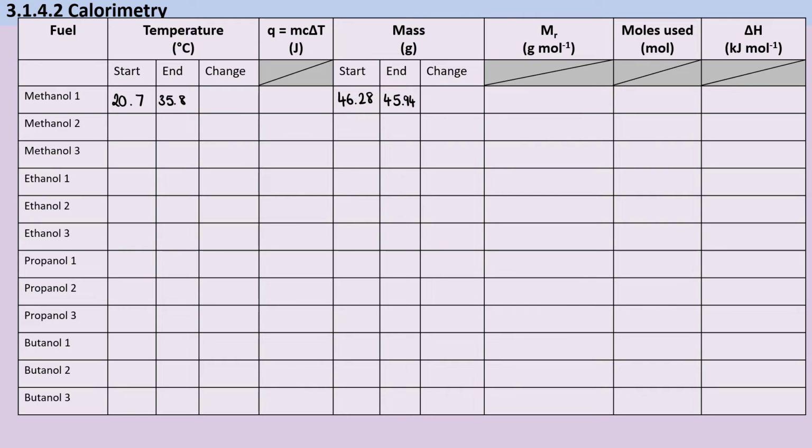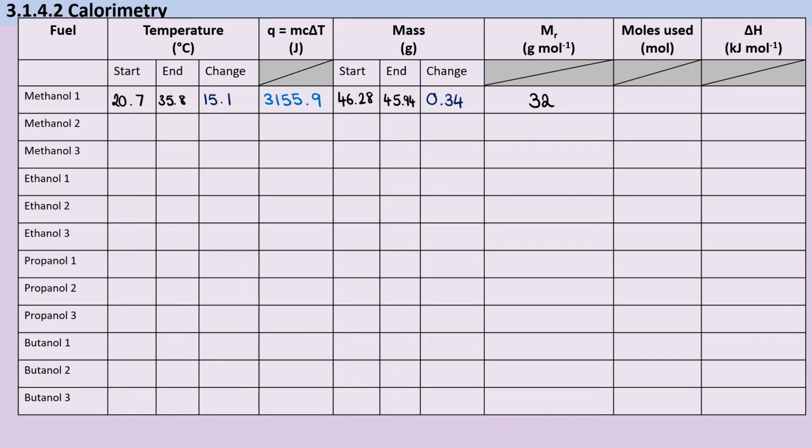you've lit it. And then you're also going to calculate the relative formula mass of each of the fuels that you use. In this instance, it's 1 carbon, 4 hydrogen, 1 oxygen, which gives us a total value of 32. Now you can work out the temperature change and also the mass change, and we can use those to work out a value for Q. In this instance, that will be